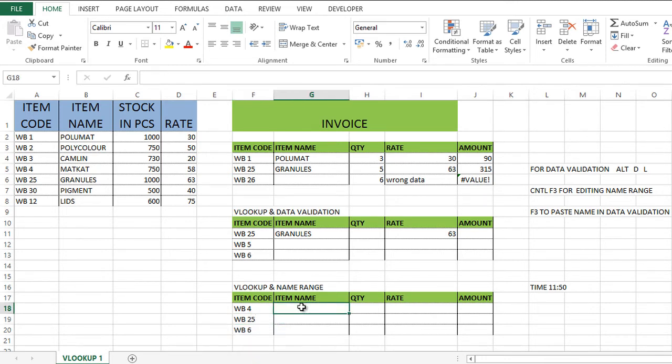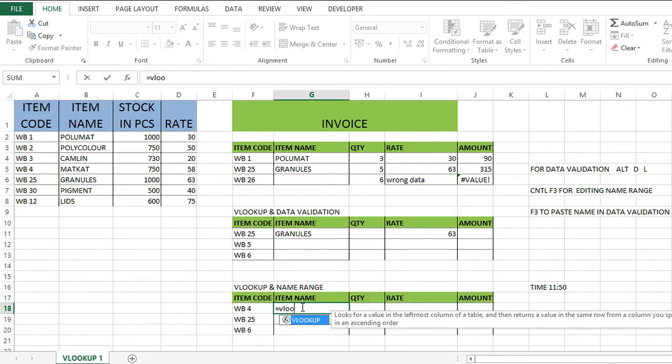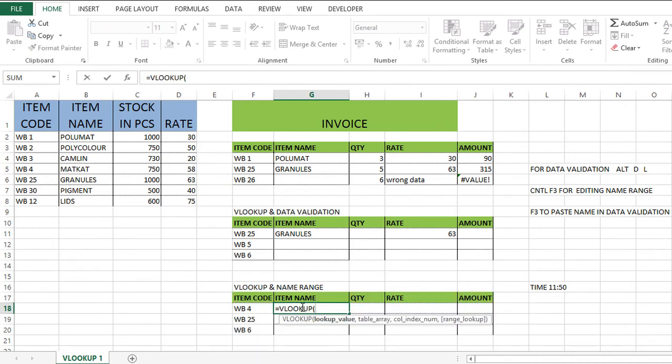Now here I will use VLOOKUP. This is my lookup value, comma. Now in place of the table array cell reference, I will use the named range. You can see item is my named range related to this whole table. So I will type item here.